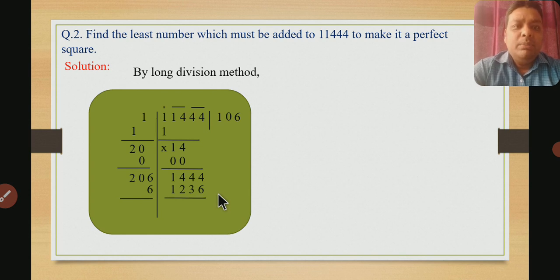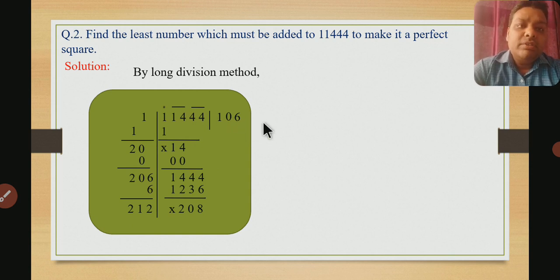Okay. So after subtracting it will be 208. So again we will subtract. No, it is written added. Okay. So we have to write, then we will add. No, that will not be added. In that case you can see that 106 square will be less than this one. It means 107 will be the perfect square. 106 is the minimum perfect square of this number.